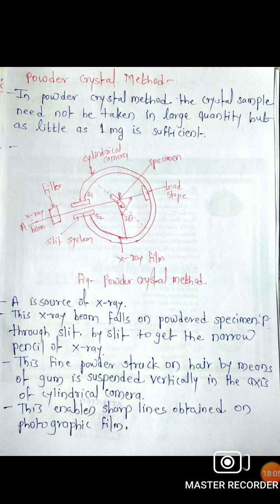The fine powder stuck on by means of gum is suspended vertically in the axis of the cylindrical camera. When this X-ray radiation passes from the slit, it falls on the crystal and gets diffracted around that vertical axis, in a circle. The X-ray after falling on the powder passes out of the camera through a cut in the film, so as to minimize the fogging produced by the scattering of the direct beam. This is the instrumentation for the